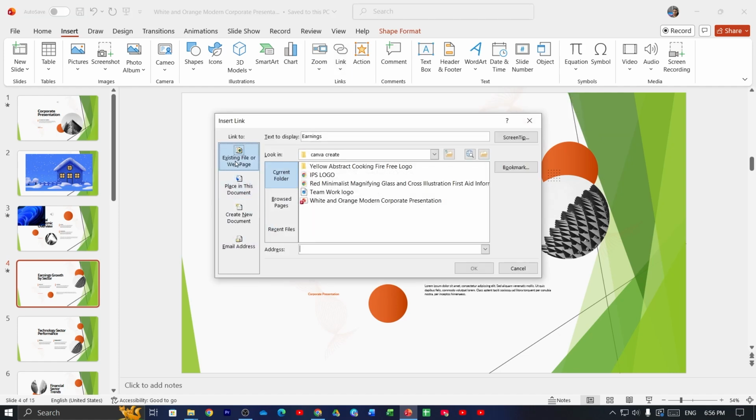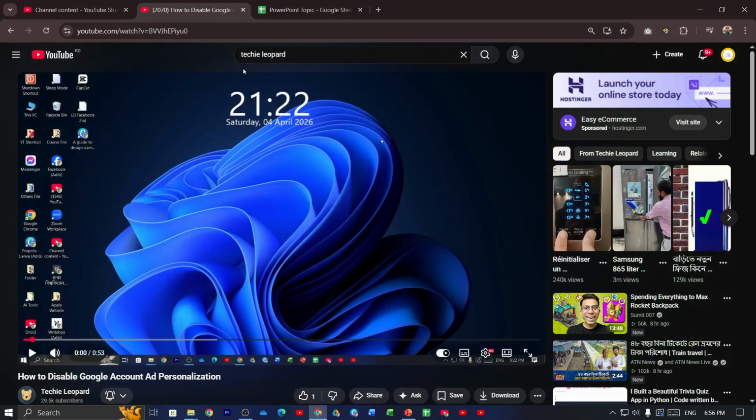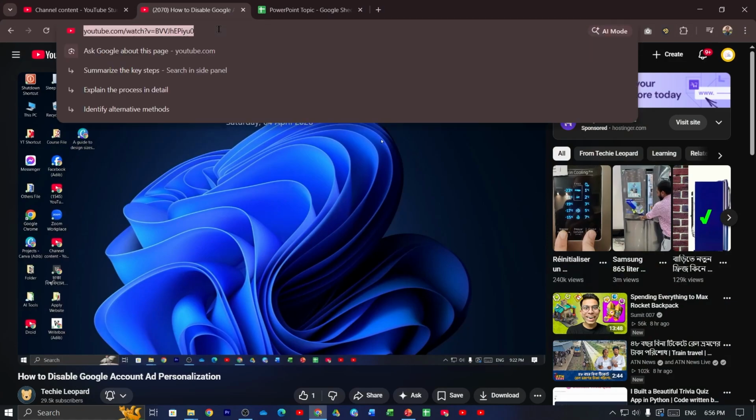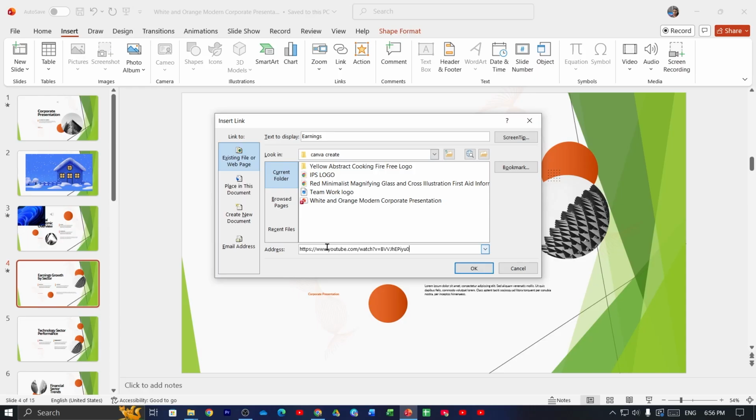Here you can see 4 options: existing file or web page, place in this document, create new document, and email address. You have to just select existing file or web page, and here you can see the address option. Just put the cursor here. Now you have to copy a link. If I open Chrome browser and copy this video link, and then just paste your link here, then click on